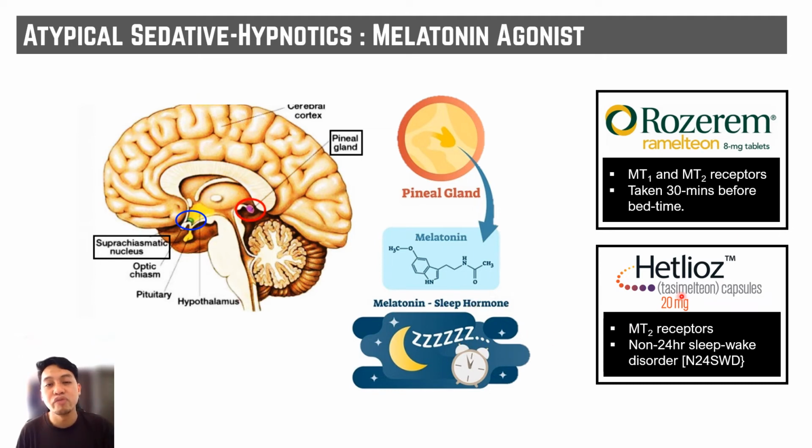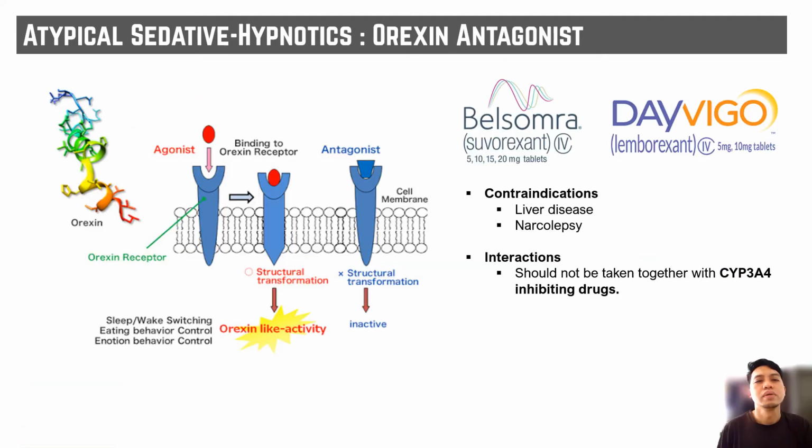The newly FDA-approved drugs, suvorexant as well as lemborexant, are orexin antagonists used in the treatment of insomnia. The orexin neuropeptide, as taught last week, is a neuropeptide that promotes wakefulness in the brain. These drugs act as antagonists that suppress the wake drive in individuals to aid the onset and maintenance of sleep.